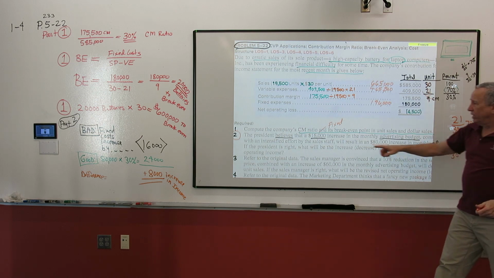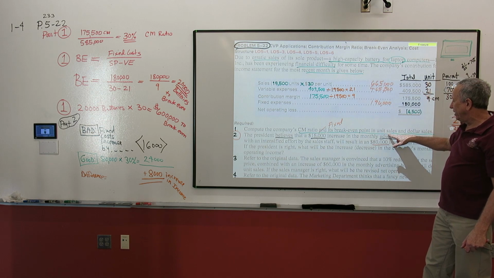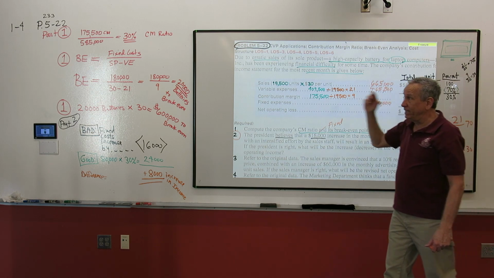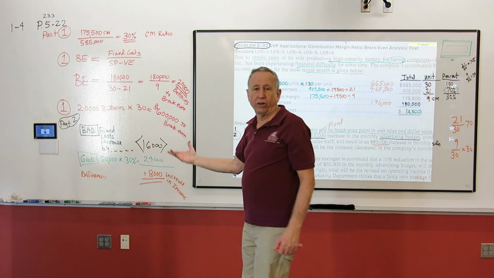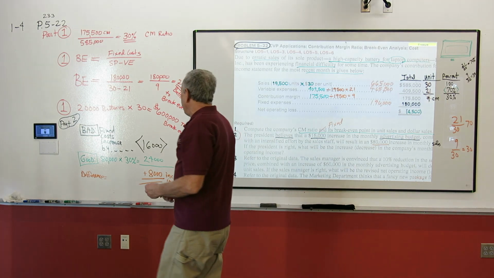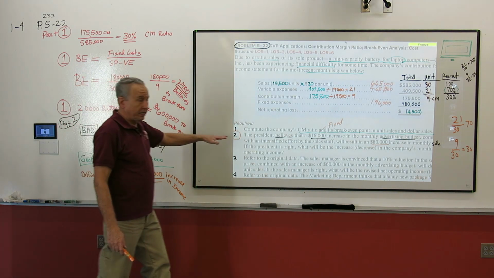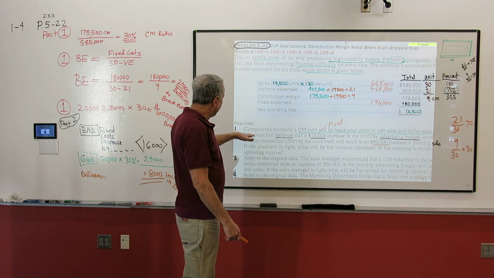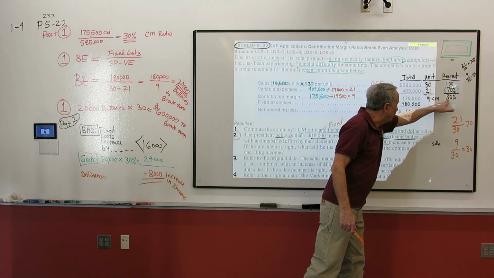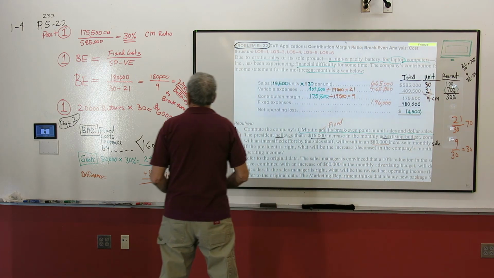Now it asks us, compute the contribution margin ratio and its break-even point in unit sales and dollar sales. I actually did this in front of the camera, but the camera shut off. I haven't got used to using this video camera. But here was part 1, and I'm not going to rewrite it because I just wrote it a minute ago, but again, the camera was off. Compute the company's contribution margin ratio. We really already have it. It's 30%. Compute its break-even point in units and sales dollars.